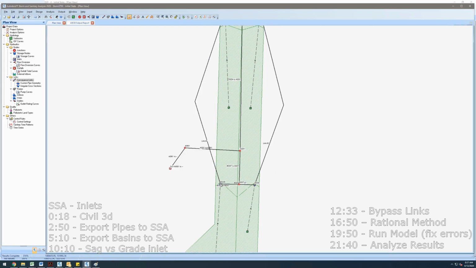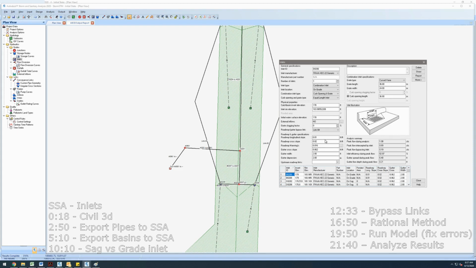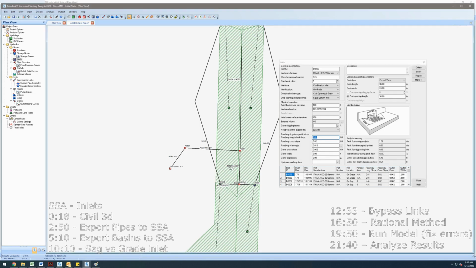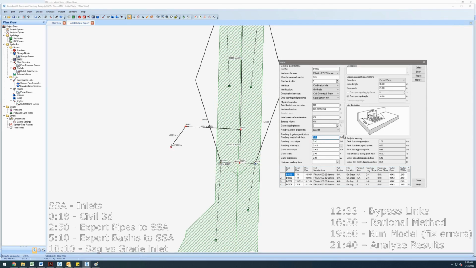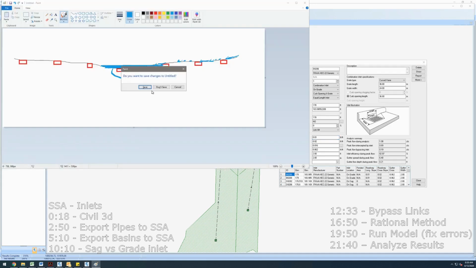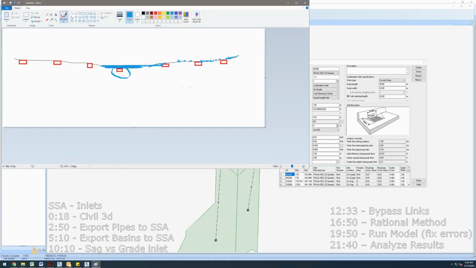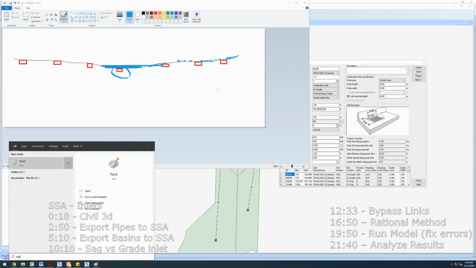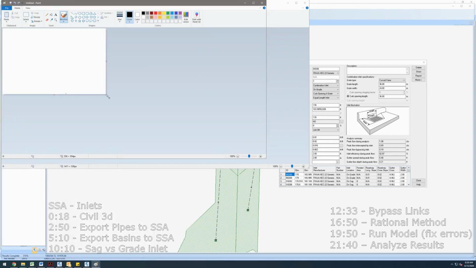Another thing that you probably should be tweaking, your cross slope is probably going to be 0.02. This longitudinal slope is going to vary depending on where you are on the road. If you have a flatter pipe, more water is going to pond up here. If you have a steeper pipe, more water is going to get collected by your inlet, which is slightly counterintuitive, right? You'd sort of think, if you have a steeper slope, wouldn't more water be going by your inlet? But really, what these calcs at least typically,